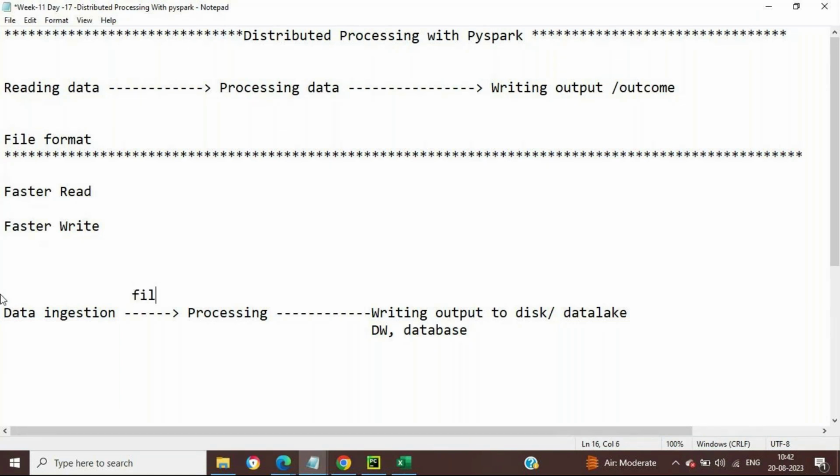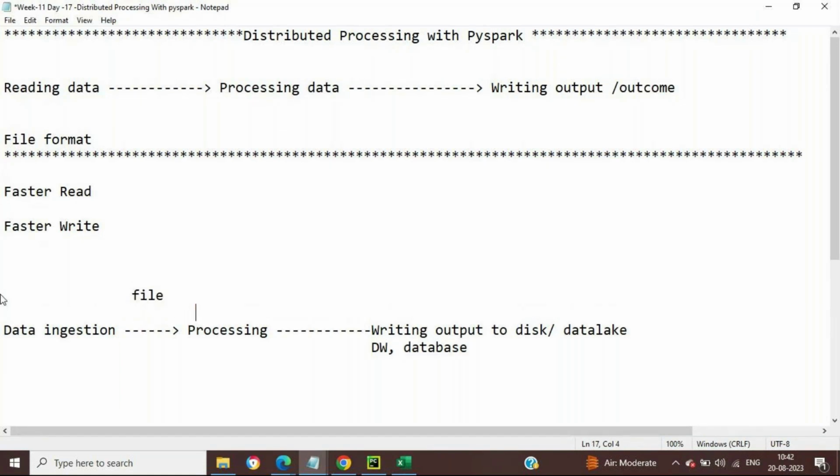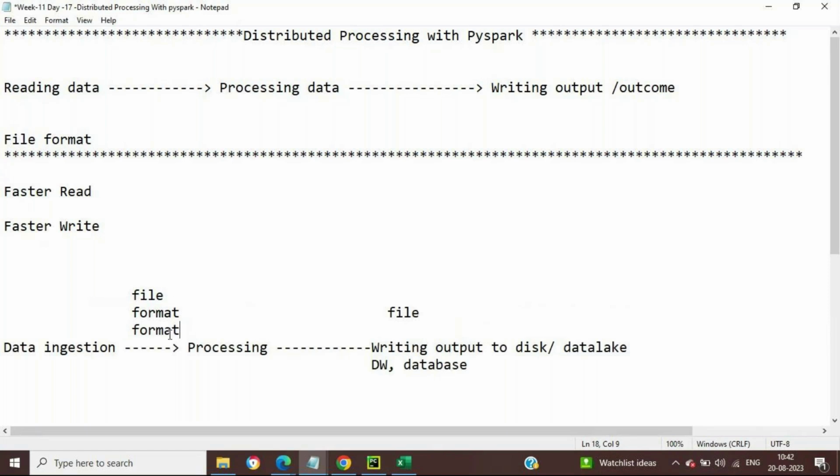So over here, we need to take input regarding the file format. In which format are we going to ingest, then we are going to process that data that we have ingested. Now the processing has been done, and once the data is processed, we also need to store it in a particular file format. In the same fashion as what we have seen,